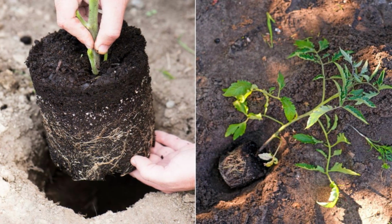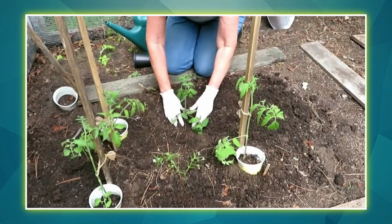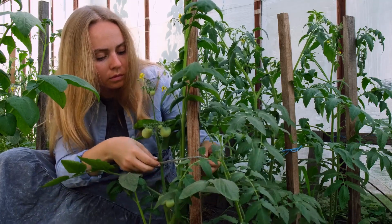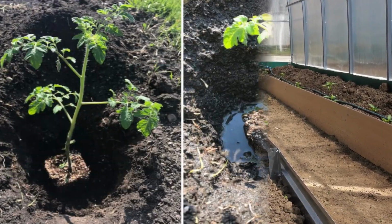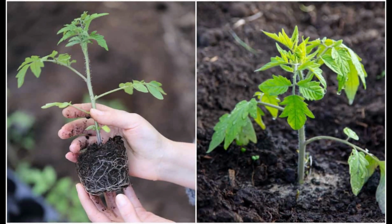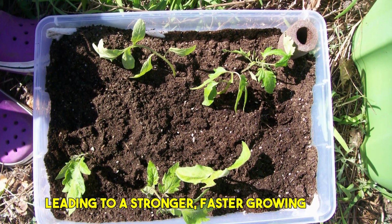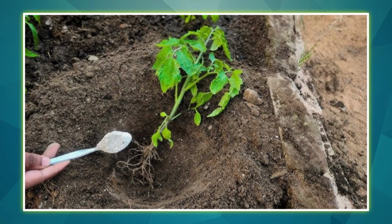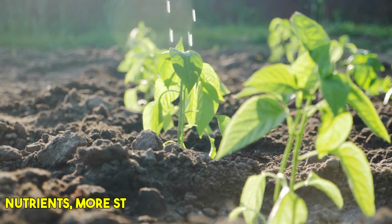Deep trench planting means planting your tomato starts sideways in a shallow trench, not straight down. Tomatoes are unique. Unlike most plants, they grow roots all along their buried stems. So when you bury a larger portion of the stem horizontally, it develops a much bigger root system, leading to a stronger, faster-growing plant. And the best part, this setup gives your tomato plant better access to nutrients, more stability,